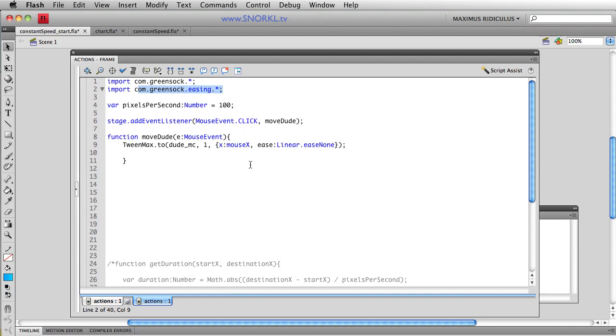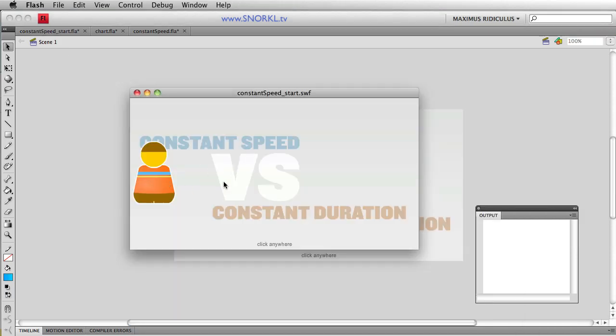Okay, so now quickly you'll see that yes, he's moving very fast if he has to move a long distance, and he's moving very slow if he moves a short distance, but there's no easing. He does have a constant rate of speed per each tween, but depending on how long that tween is or how much distance he needs to travel, that's dictating his speed right now, and I don't like that. But now his ease is very much gone, so he's just doing a mechanical